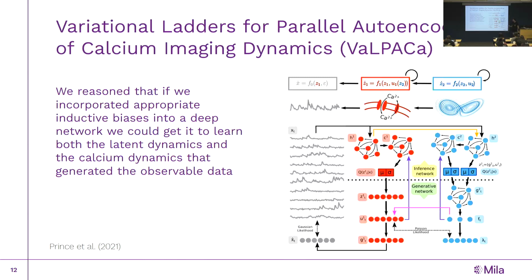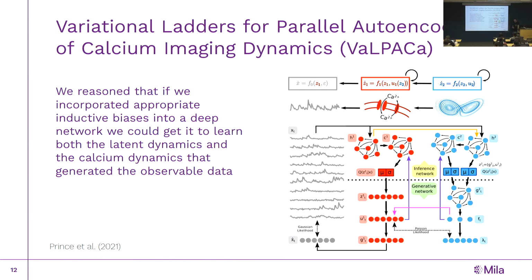The structure of this neural network is as follows. You feed in your raw calcium fluorescence traces, and those get first fed into a network whose job is basically to infer the calcium dynamics themselves. So it's kind of like a little mini LFADS for the calcium dynamics in and of themselves. And it's going to do that variational Bayesian inference to understand those underlying calcium dynamics and recreate those via Gaussian likelihood. Here we imagined a Gaussian likelihood was appropriate because we're assuming that the experimental noise in fluorescence imaging is